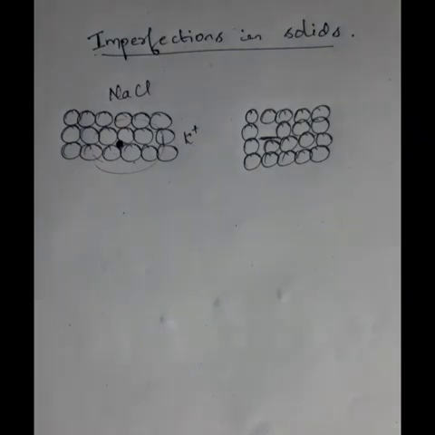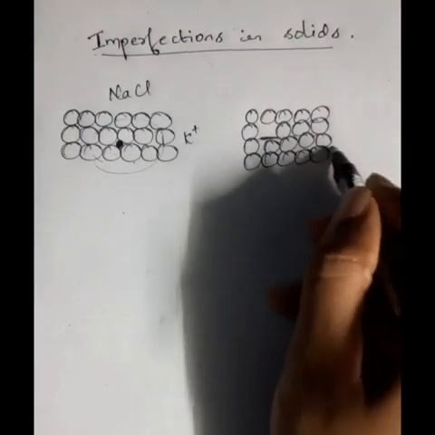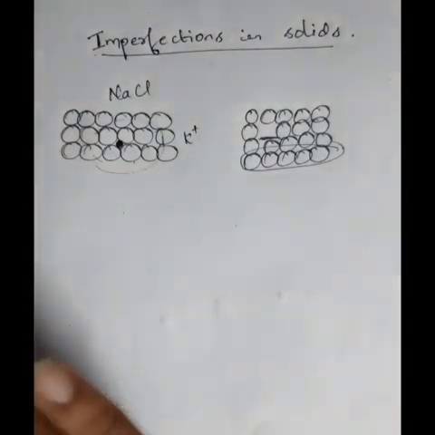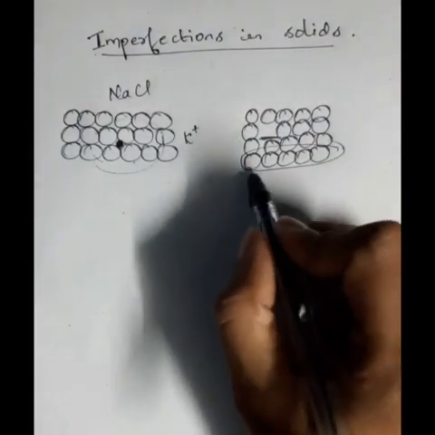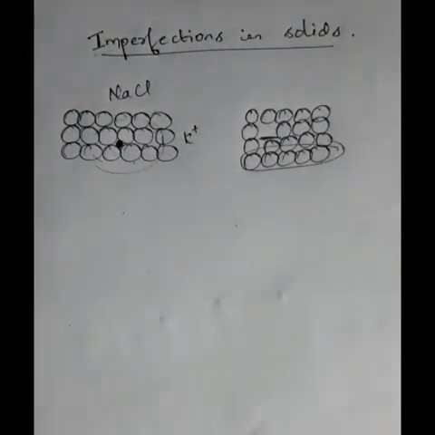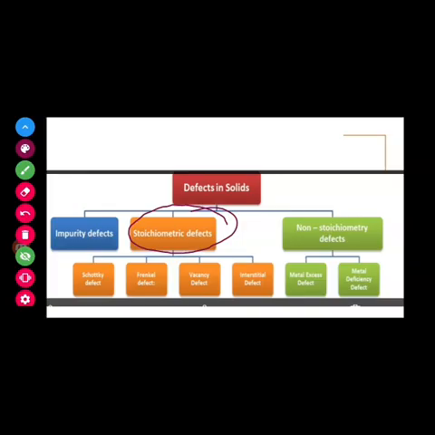Now, in certain crystals, you can have one full set of particles going wrong. Those types of defects are known as line defects. Point defects include the stoichiometric defect. Okay. So under stoichiometric defect,